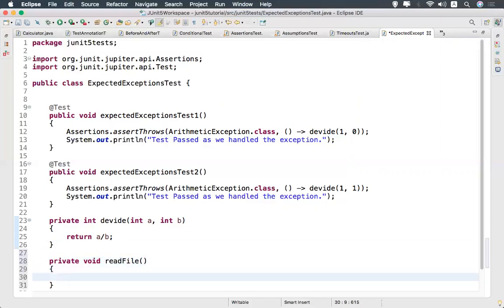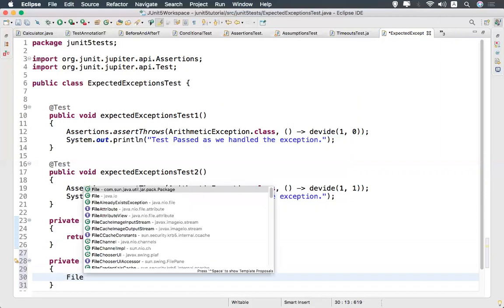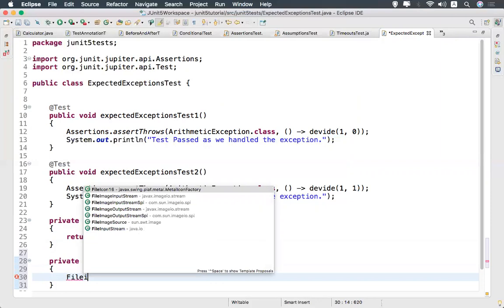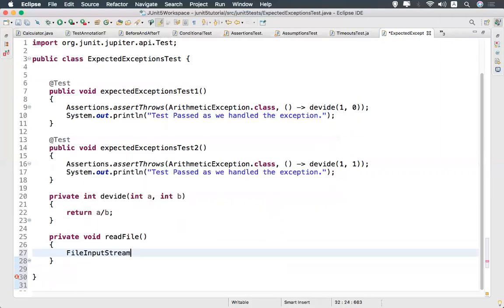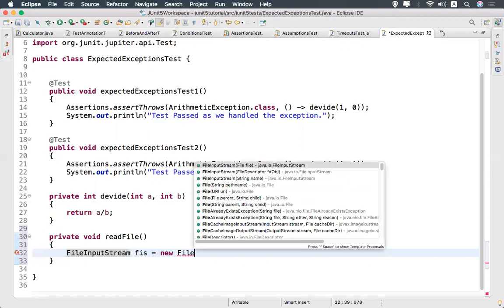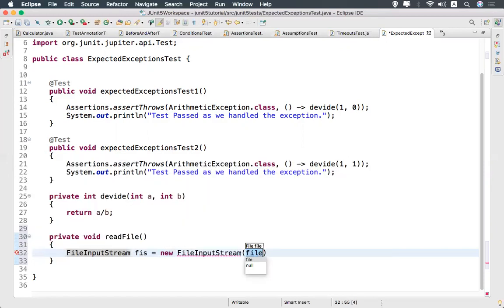I'm reading a file by taking a FileInputStream. fis is equal to new FileInputStream, and which file?